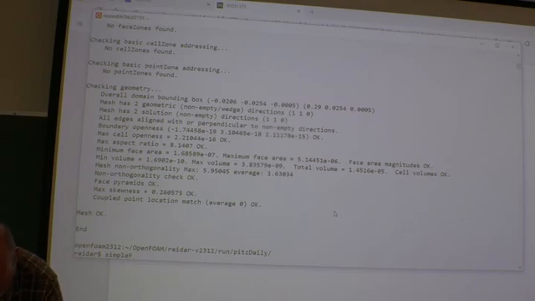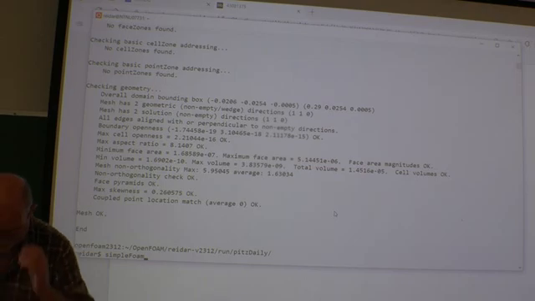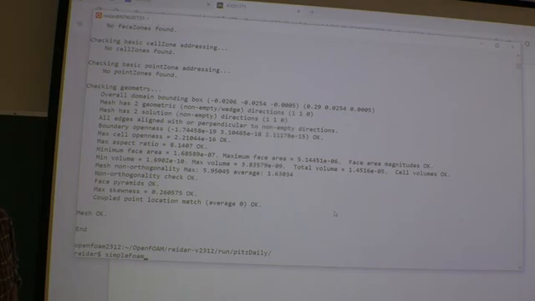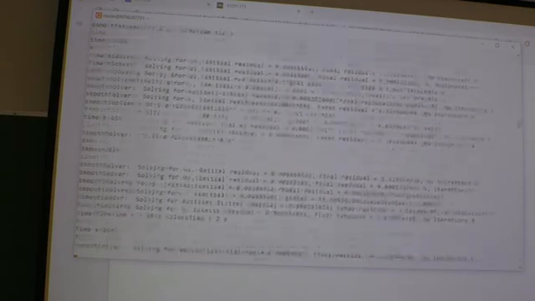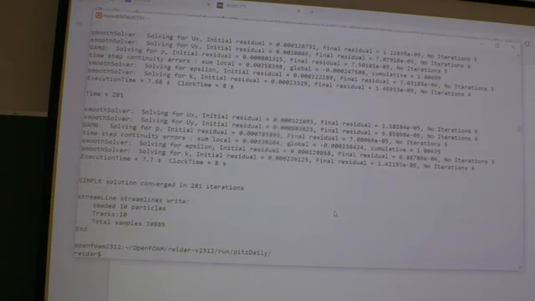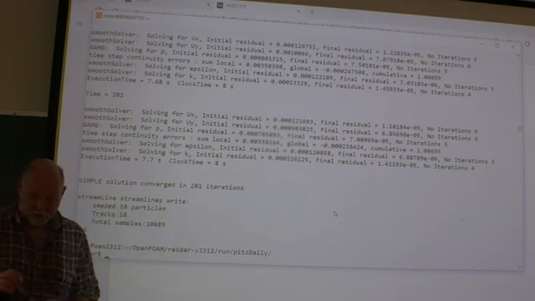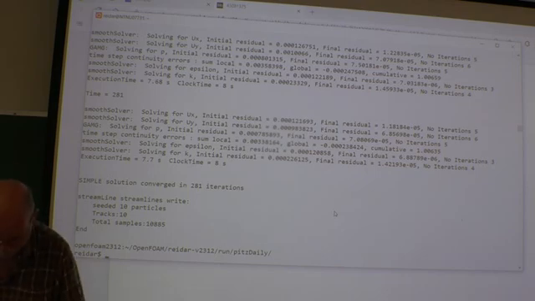I have to write simpleFoam. Some of you may have to write something like foamRun, so it always changes. foamRun is sort of an umbrella for letting the system find out which program actually to run. It should be simpleFoam though. So we find the solution within 281 iterations.